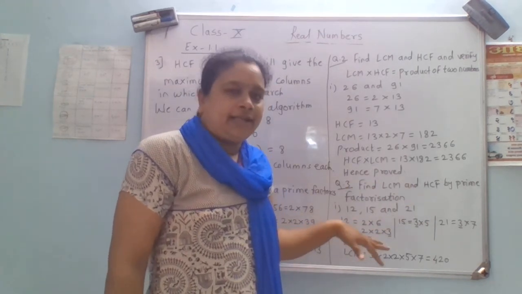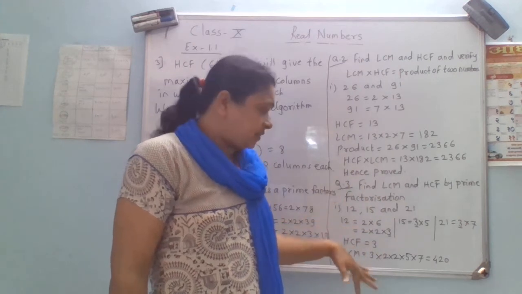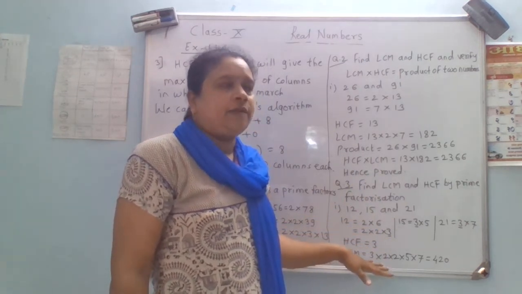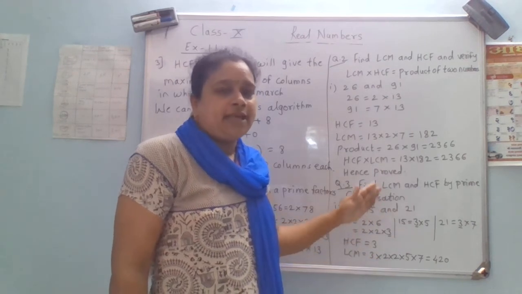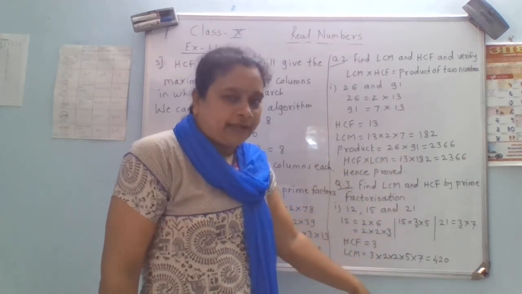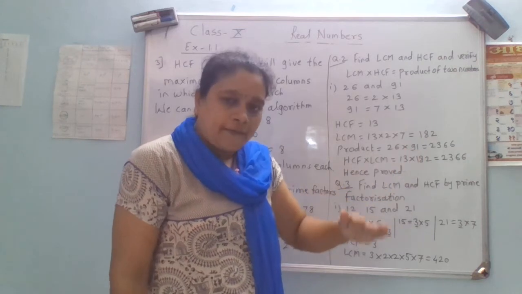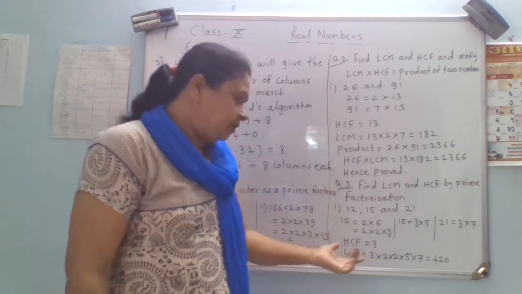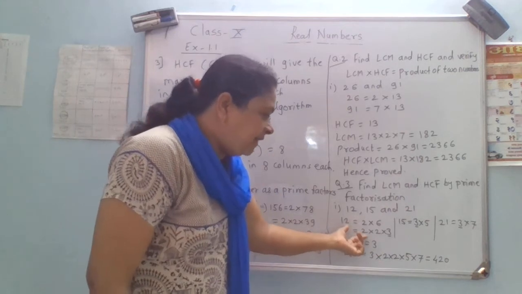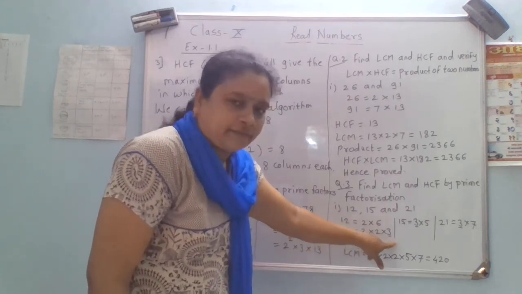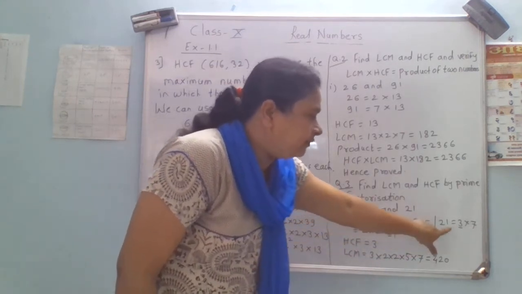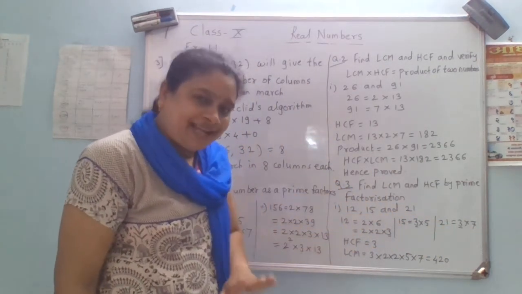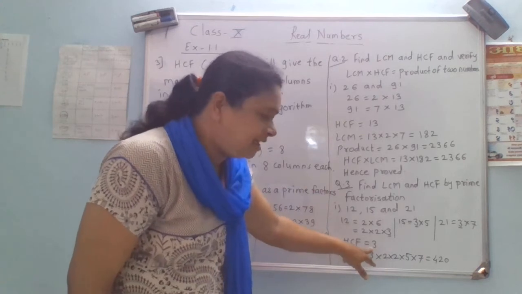For finding the LCM and HCF, the same methods. First of all, you write the prime factors of the given three numbers. Then for HCF take the common factor, and for LCM first take the common factor and the multiplication of all the remaining uncommon factors. Okay. Then for 12 the prime factors are 2 into 2 into 3. For 15, 3 into 5. For 21, 3 into 7. Between these three numbers the common factor is 3. It means the HCF of the given numbers is 3.